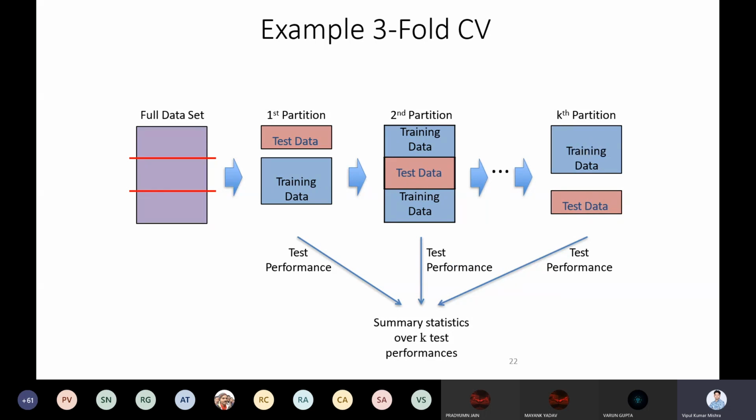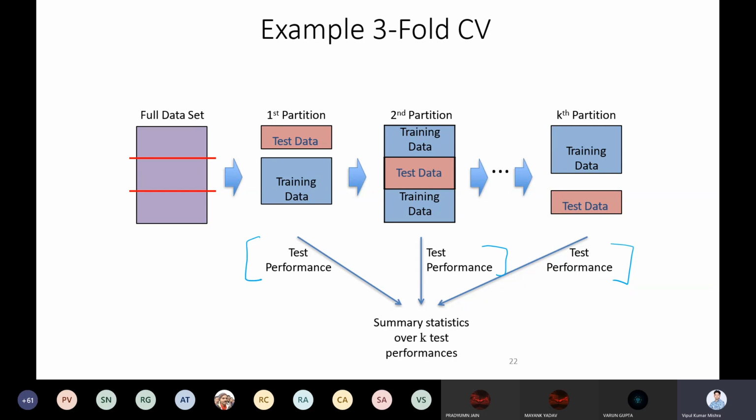Now to check the performance, you check the performance on the first part, second part and third part, and then take the average. The classifier that performs well on all 3 parts of test data is the best model for us, and this is known as k-fold cross validation, right? Here, in this example k is 3, but it can be 10-fold cross validation or 5-fold cross validation and so on.